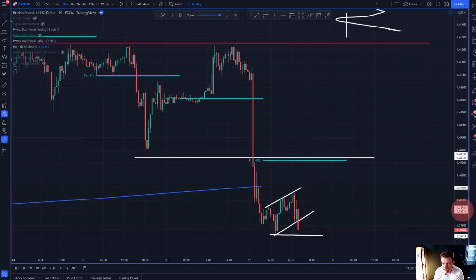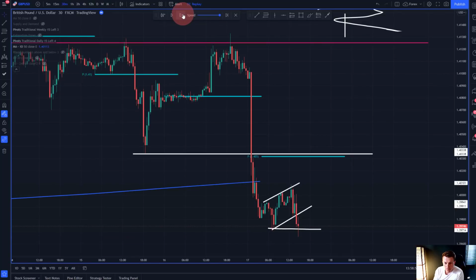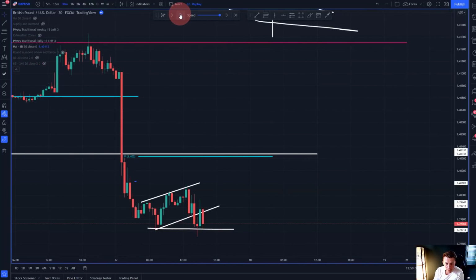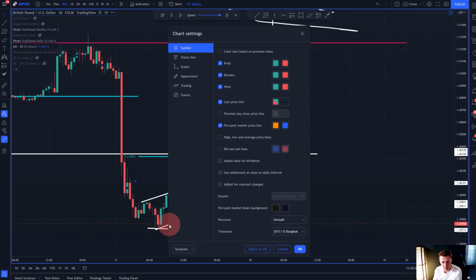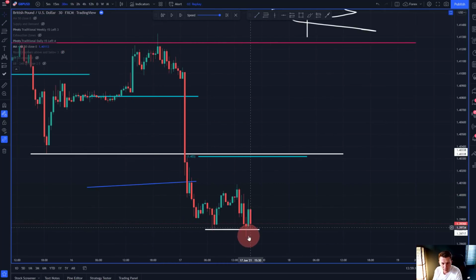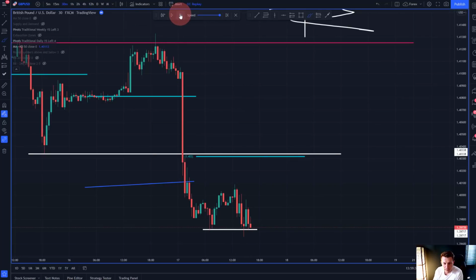We retested and rejected the 140, which is here. Keep that in mind. You can see we are rejecting the lows for now, moving higher, confirming this level, which is good. Now we have more information that the market does care about this level, and this is actually a valid support level. Why is it good? Because now we know that if the market breaks out here, then we are looking at a very meaningful signal, because this level has held twice now. And if we can get through this, that's a bearish signal,